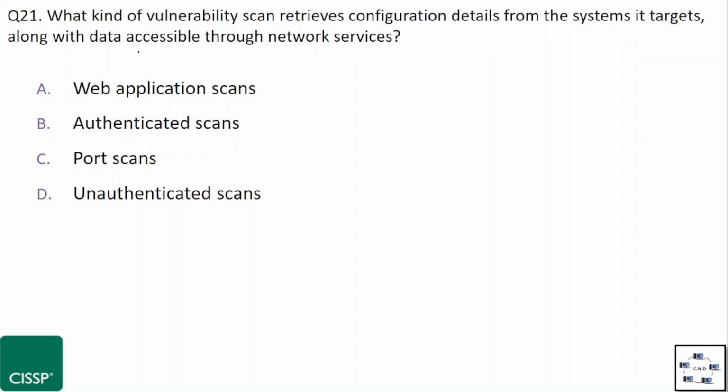Question number 21. What kind of vulnerability scan retrieves configuration details from the system it targets along with data accessible through network services? And the options are option A, web application scans, option B, authenticated scans, option C, port scans, and option D, unauthenticated scans. And the correct option is option B,